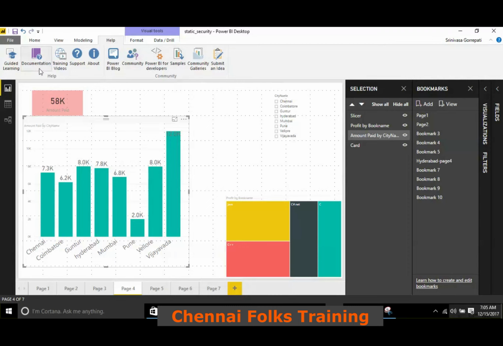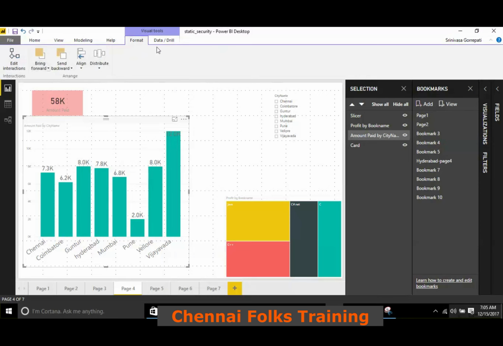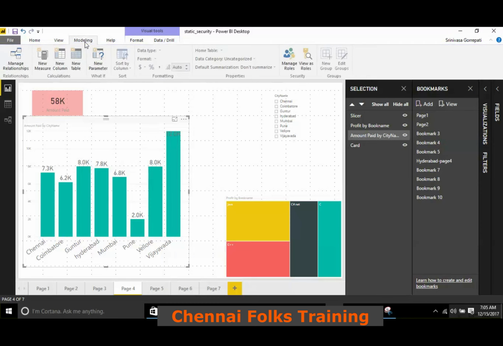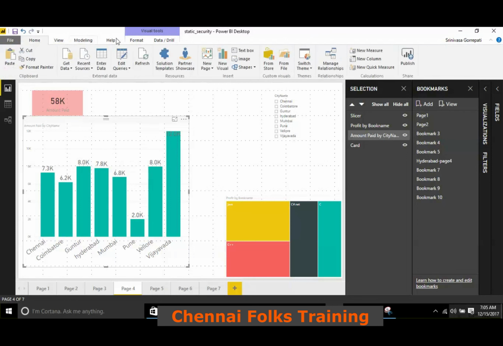I hope all these options are making sense. Format we have already done, data we have done, modeling we have done except this one, and view is already done. In the home tab we have two options, partner showcase and solution templates. Partner showcase is nothing